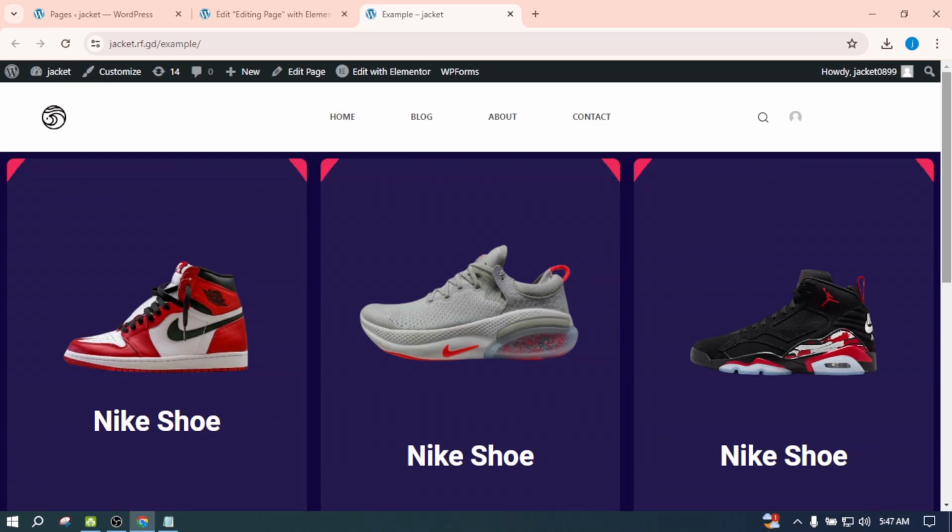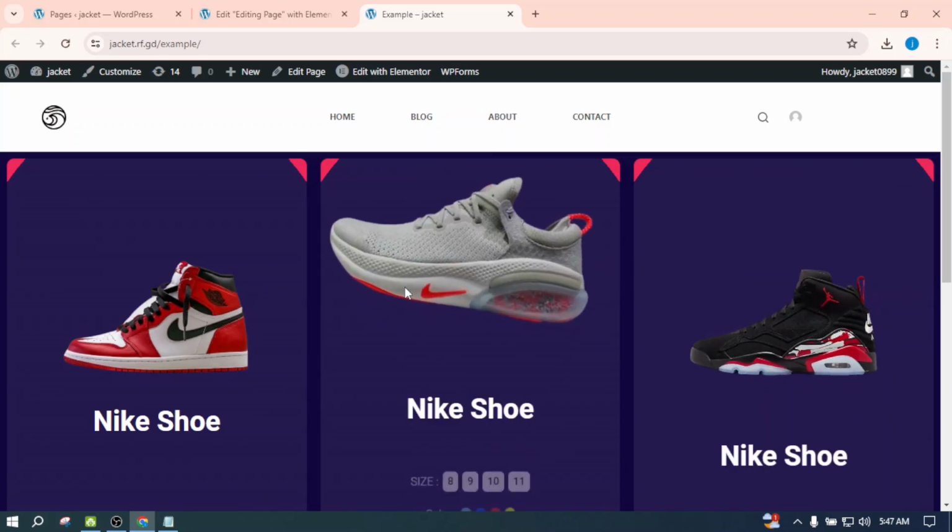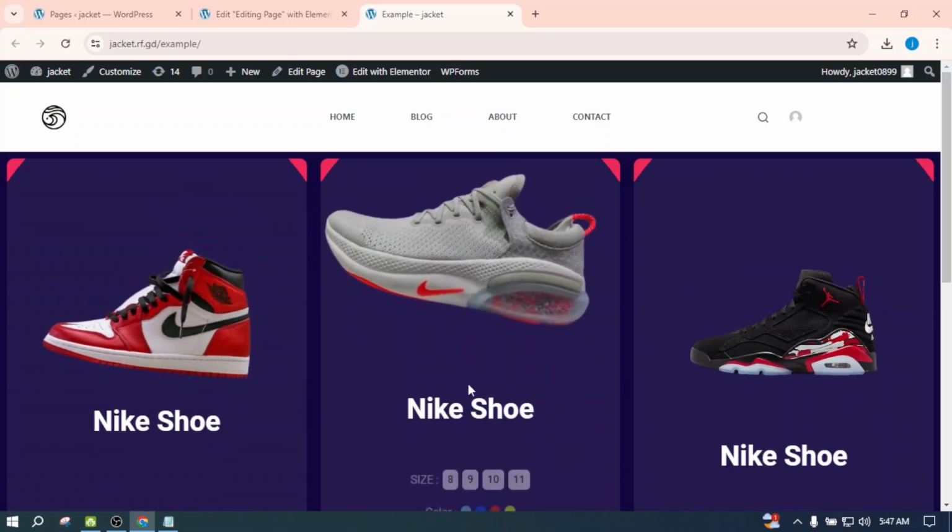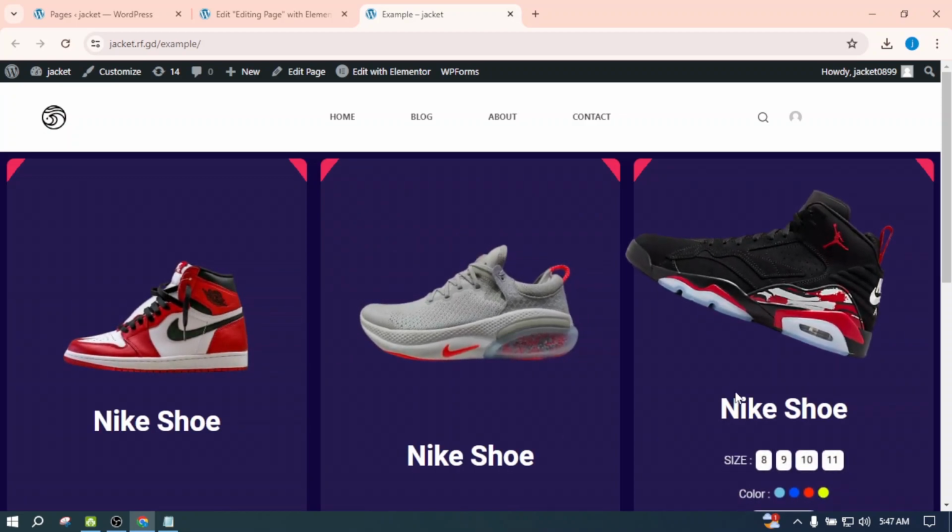So this video consists of an Elementor product card design like this. So you can see how it looks. So let's go and find out how we make a cool and amazing product card design with the help of